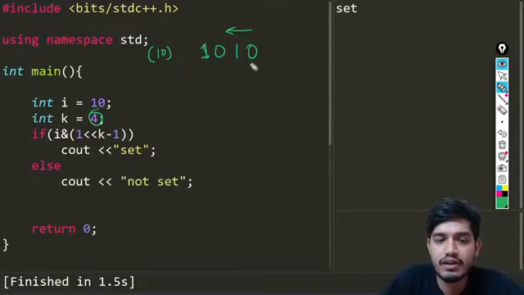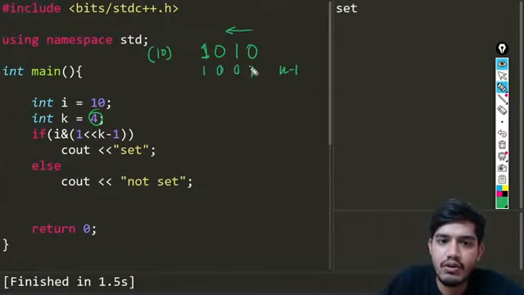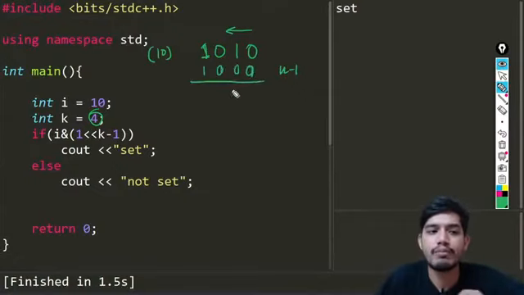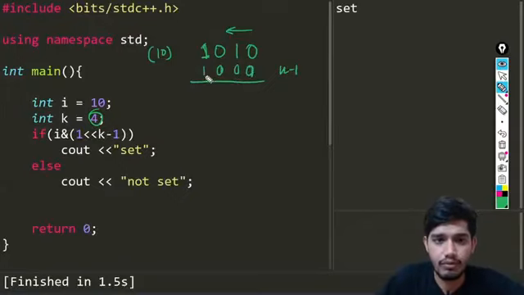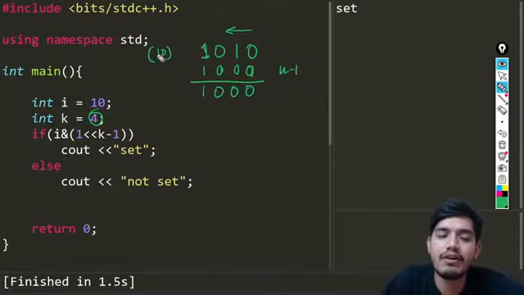So what we are doing? We are just using this one. We are shifting this k minus 1 times. Okay, so this is first time, this is second time, this is third time. So we have shifted this. All the other values will be 0. If we take an AND operation, and for this we are getting this value as true in this case, so you can see we can successfully say that the value is set. So that is what we are going to be printing here.